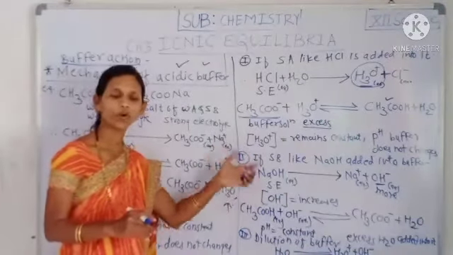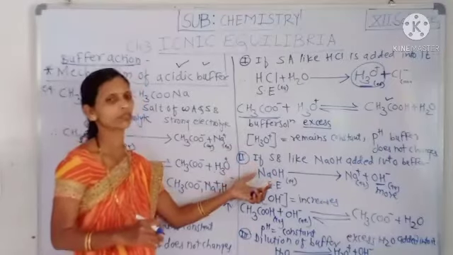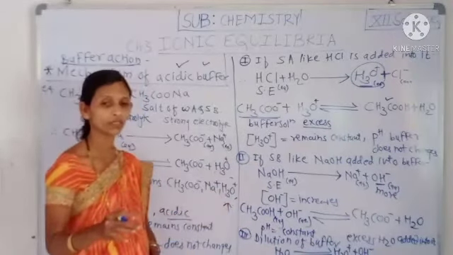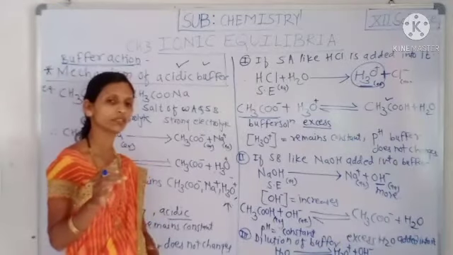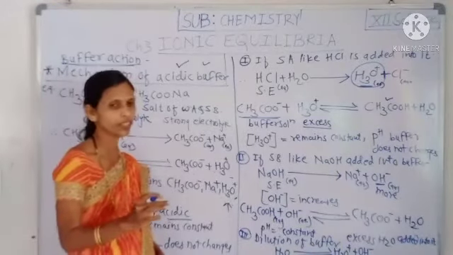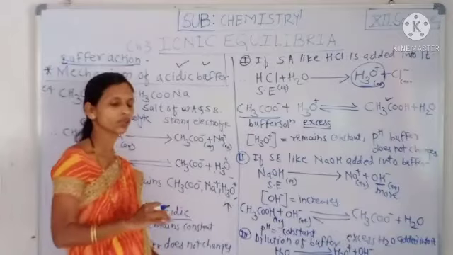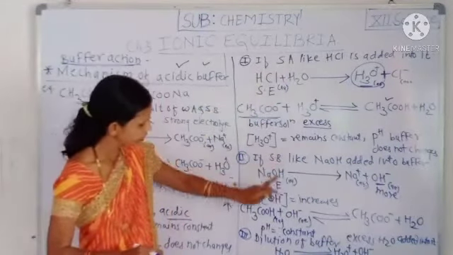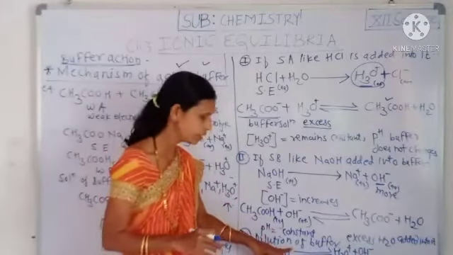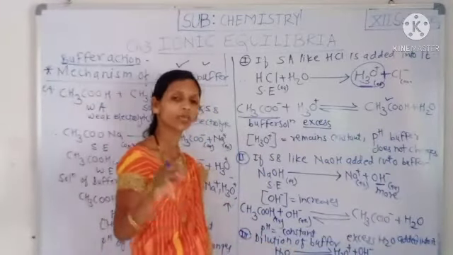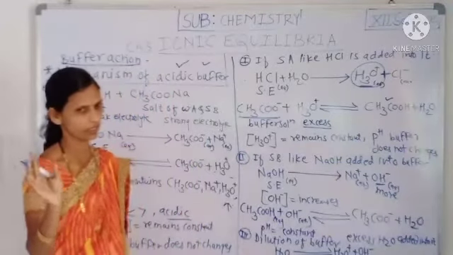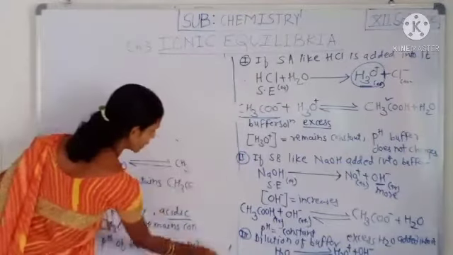That is about the buffer action. That means that is the property of buffer which does not change its pH even after addition of strong acid into it, strong base into it, or after dilution, or if it is kept for a longer time. As buffer has a tendency